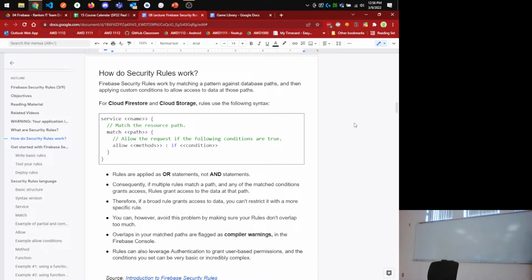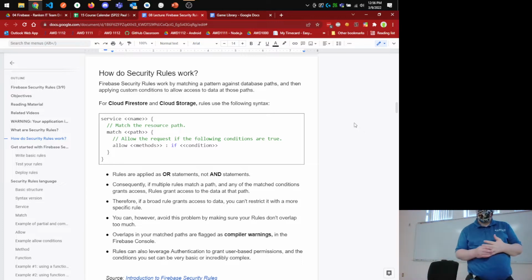In general, all of your rules are put together as or statements, not and. So if we have two rules that say this one is allowing it or this one's allowing it, if either one of those are true, then you're allowed to do it. If either of those rules say yes, you can do this, then you are allowed to do that. So we can have multiple matches within that service document. And so if multiple of those matches say, hey, it's allowed, well then it's going to be